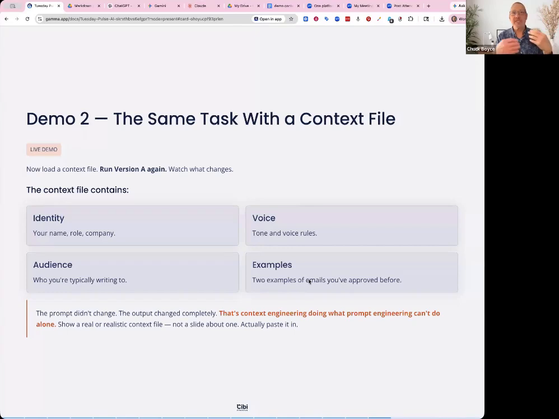So again, using Sam and Sarah, Sarah in accounting has a different idea of how a customer looks compared to Sam in operations. Financial versus operational. But if you have a context file explaining what Randy's HVAC company is all about, you can have Sarah and Sam get more consistent communications, how you want to deal with them.